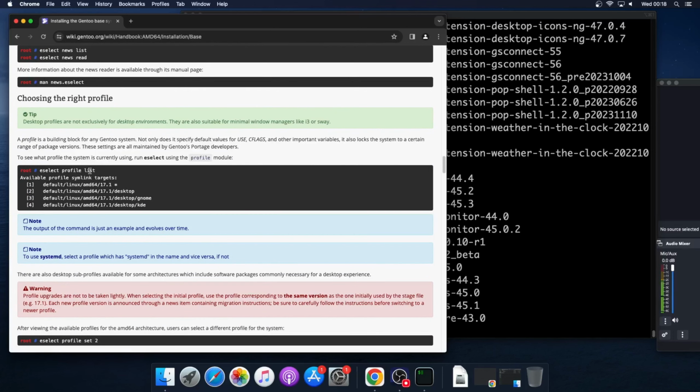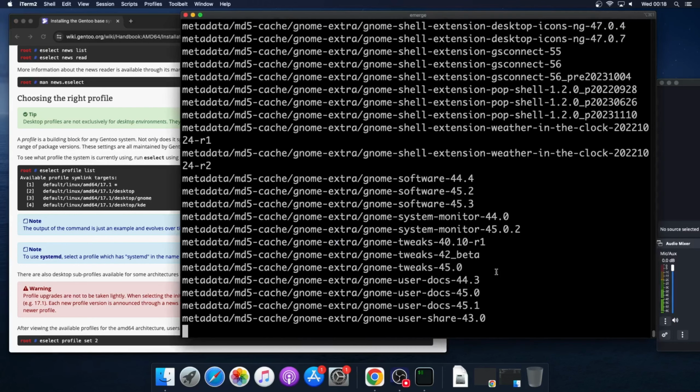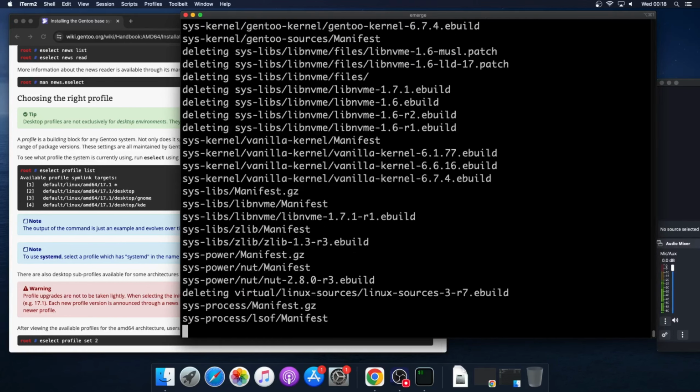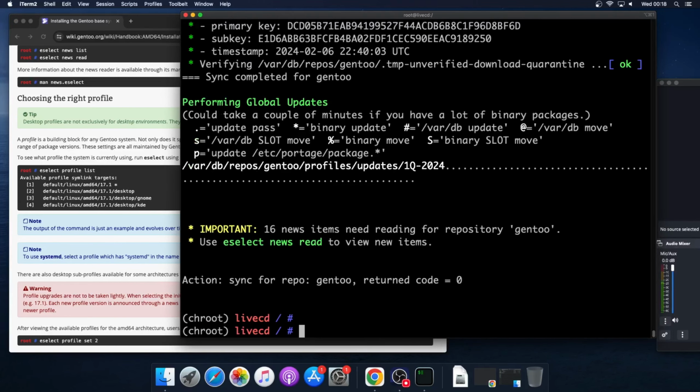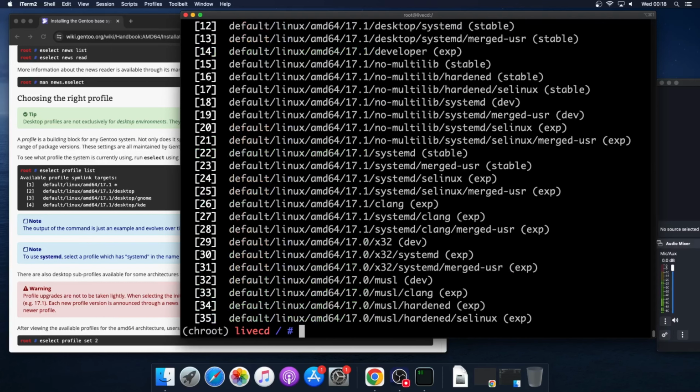So with this command, we are able to select what will be the profile that we are going to install. So let's see. Okay, so eselect profile list. So these are the available profiles,